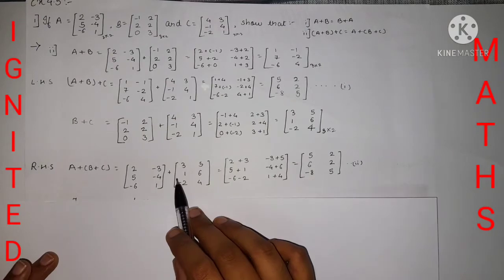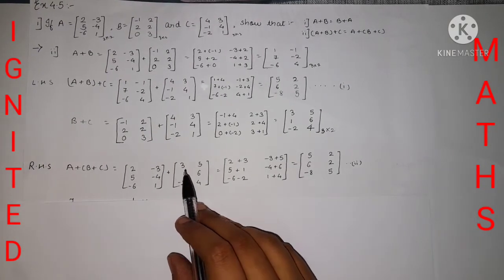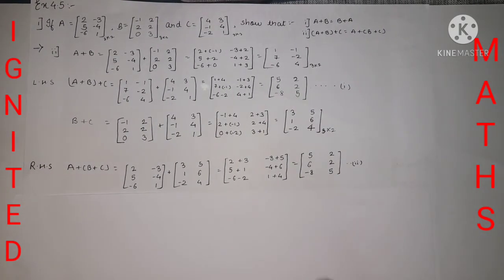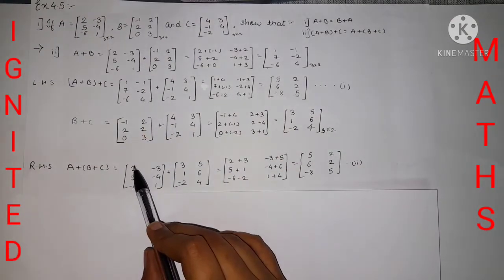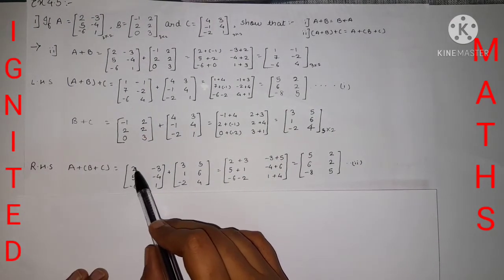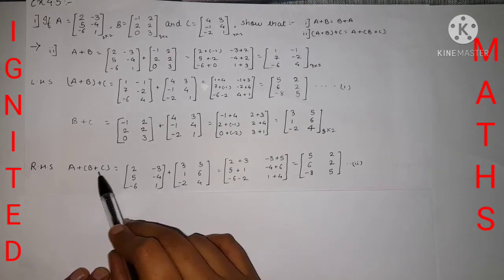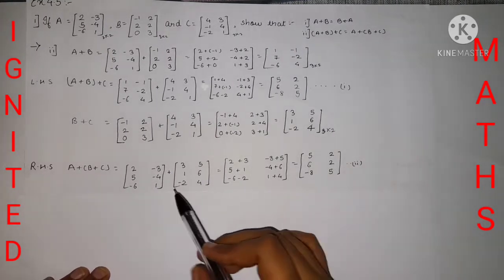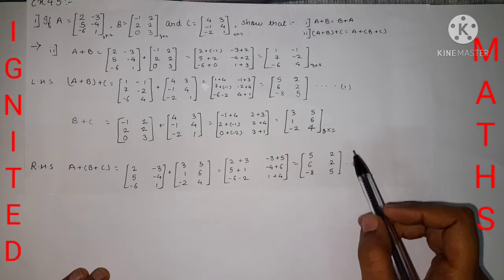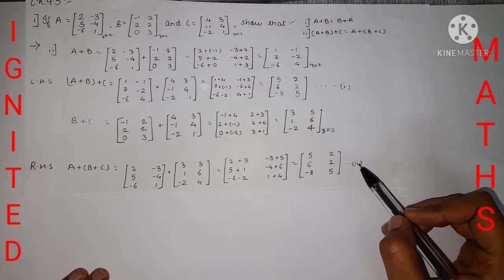If you add the matrices, it is the same procedure. That's why I am not repeating it. The same procedure: taking the element of the A term, you need to take the respective element of the B plus C term. After doing the calculation, you will get the answer, and you name this as 2.